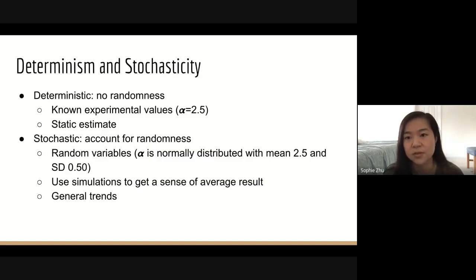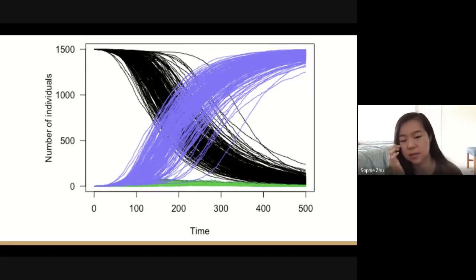And then when that happens, we want to use simulations to get a sense of an average result over 5,000, 20,000, 100,000 trials. And then when we do that and obtain that more average result, we get to see these general trends. So this is a model I made last summer, and a good example of this